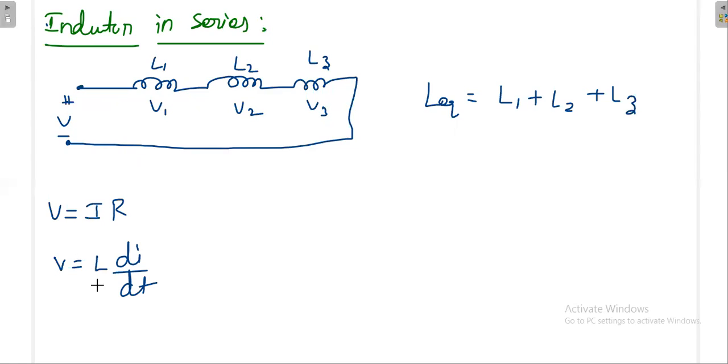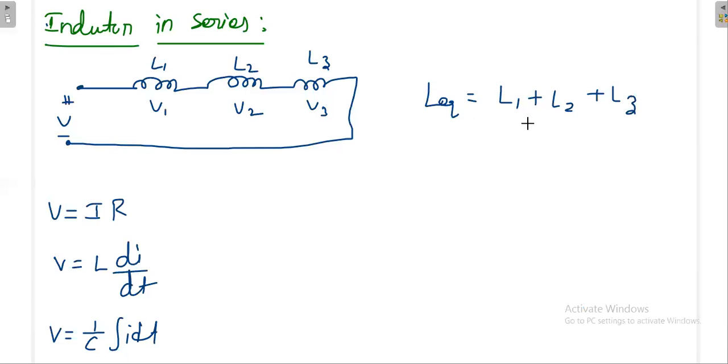But in case of capacitance, it is something different, because in the capacitance, once you try to write V, what is V? In capacitance, I is equal to C dVc by dt. So if you write V, that is 1 by C integration of I dt. I am not worried about the integration or differentiation, but what is the factor with respect to V? Here, R and L are simply in the numerator, but the capacitor goes to the denominator. That's why the capacitor nature will be something different. We'll see that.